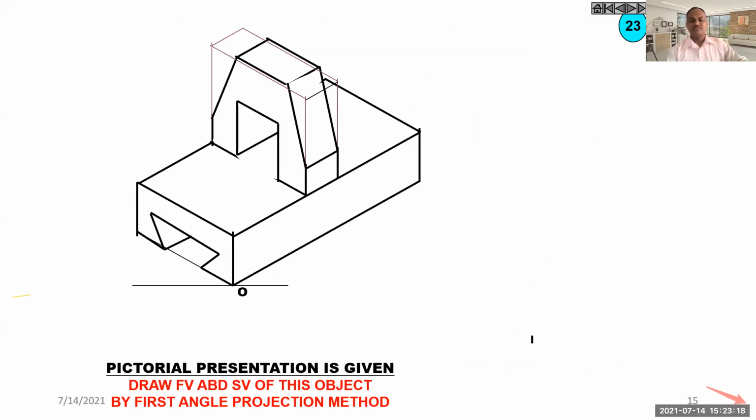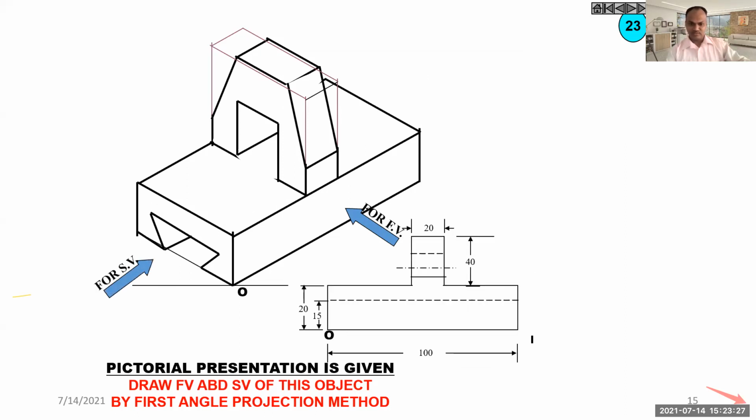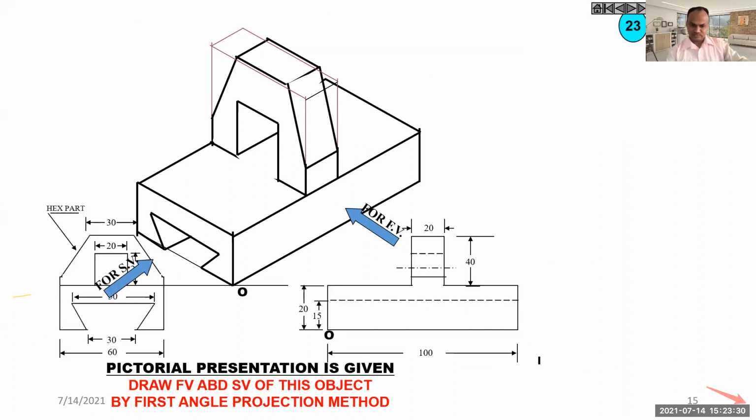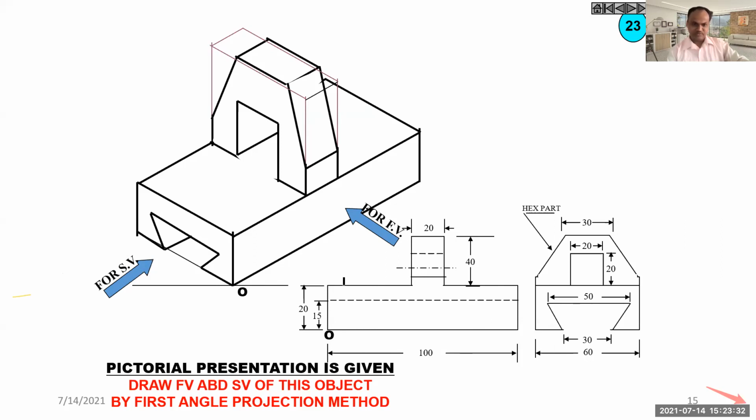Now again, this is simple. One rectangle, on that rectangle there are two rectangles kept, and there will be dotted lines everywhere. So this is the front view. In front view, you will see a rectangular portion in which there is a dotted line for this slot. There is again this larger, smaller rectangle. There are two rectangles, this one and this one. These two rectangles are there, and again there is a dotted line for this slot.